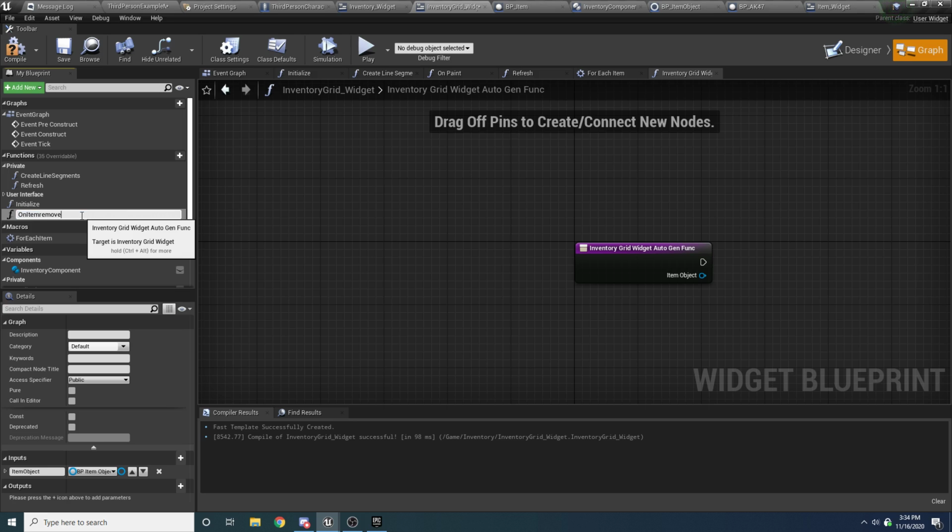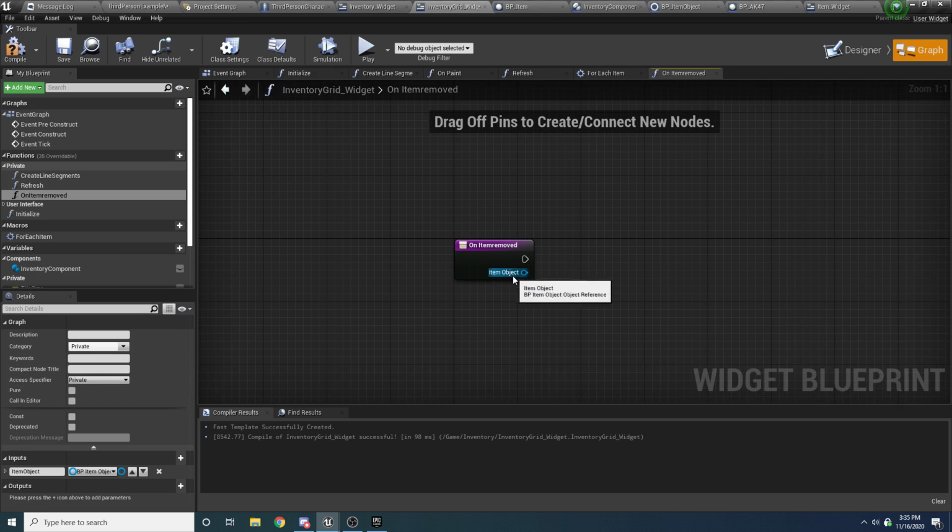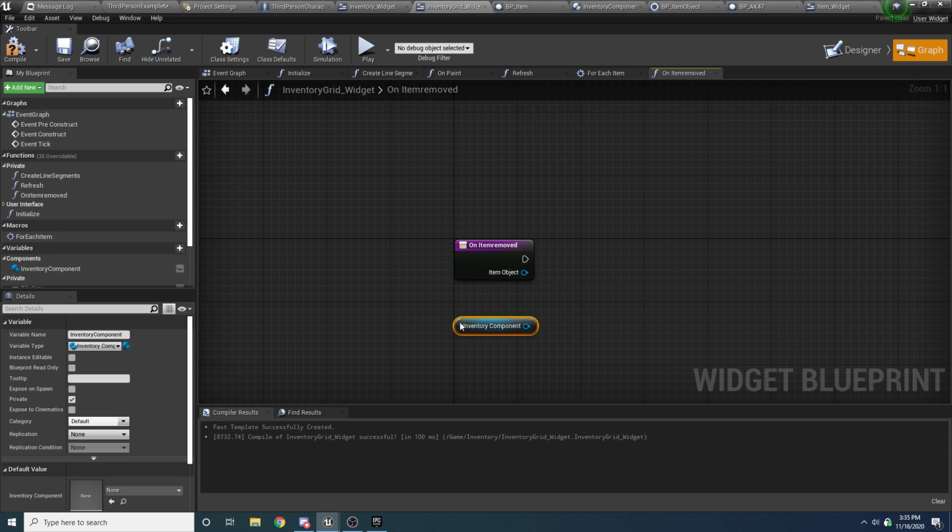item removed. Oh, there it is. Okay, so we want to take this guy and we want to drag it into the private category, and we want to make it private. And so essentially all we want to do here is we want to remove the item from our inventory component. So let's drag in our inventory component, and we need to make a little function here. I'm just going to create the function, not actually write it, because we'll do that later once we get to